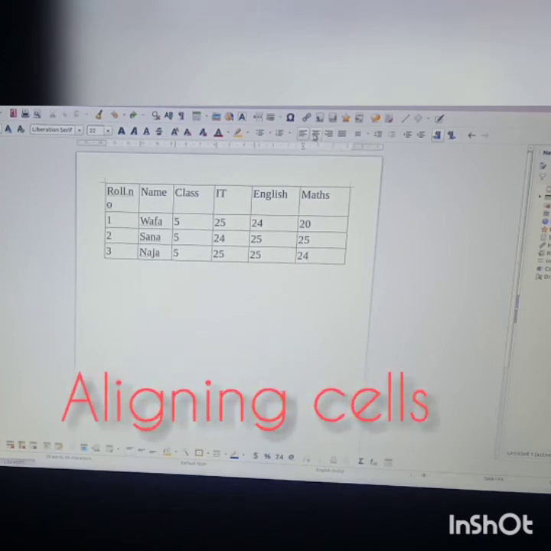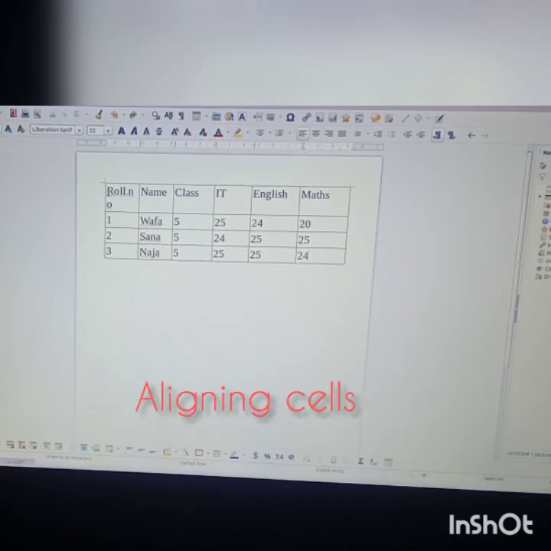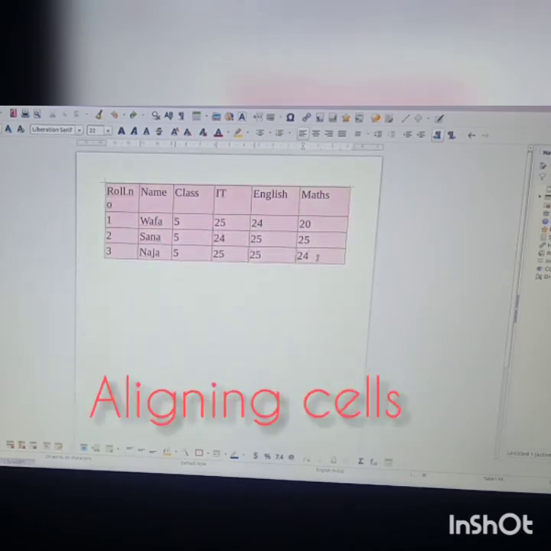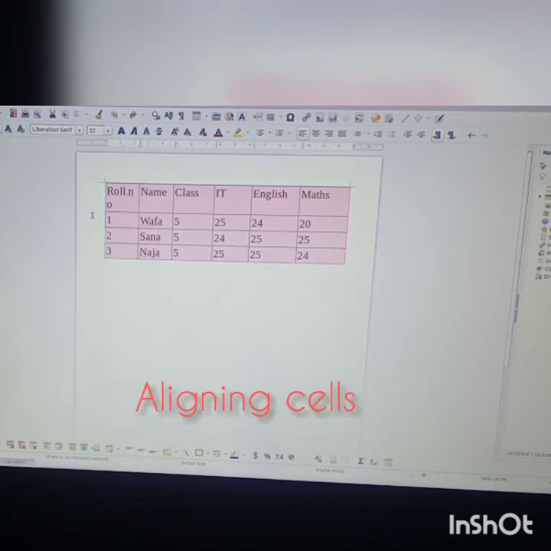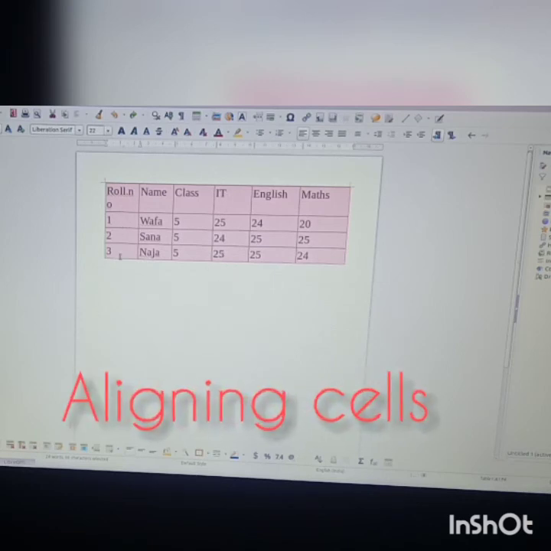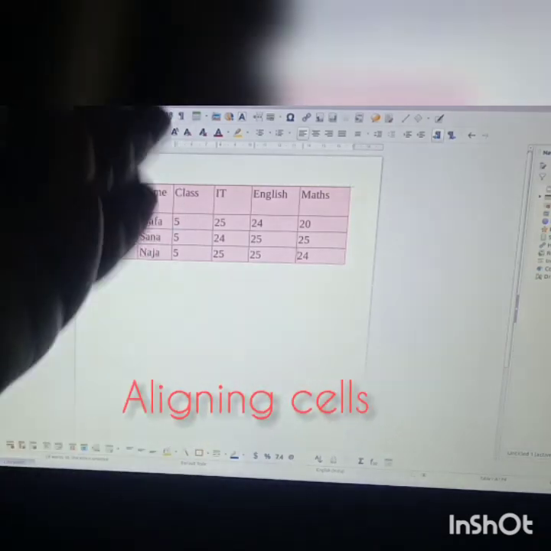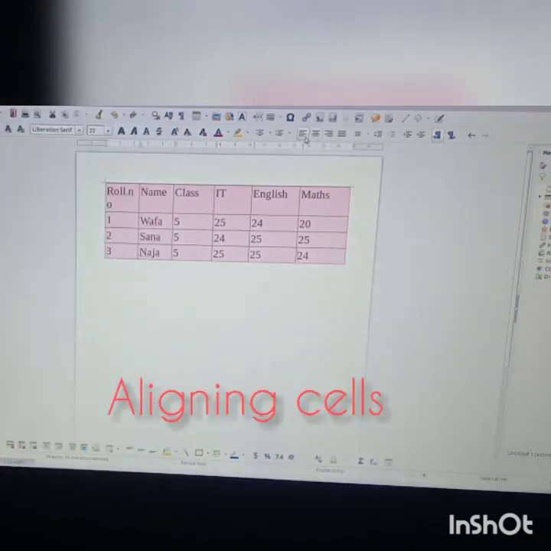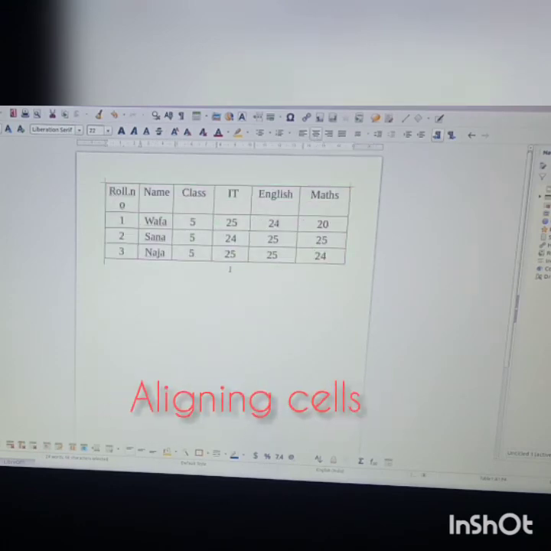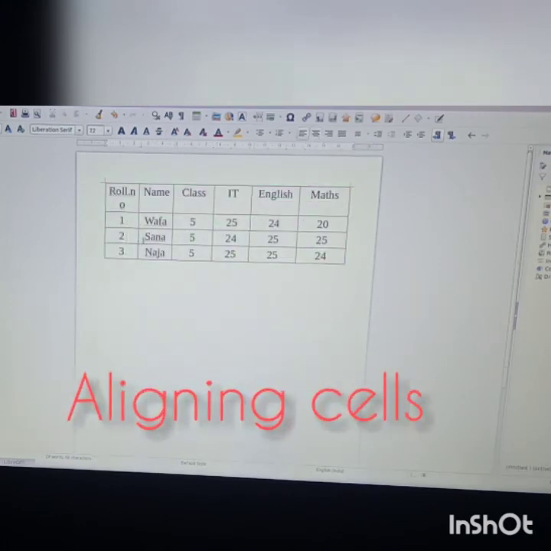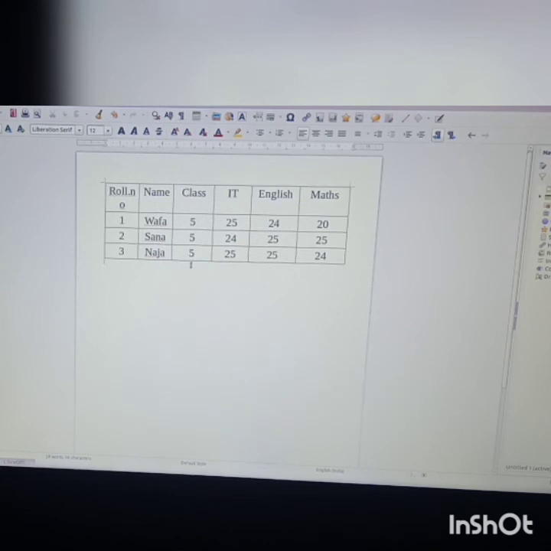Just click align center after selecting all this, and we will see the change. Just look at this, okay children, all this is on the left side. This 25, 5, 1, 2, 3 and all are on the left side and we want to make it in the center. So see here, align center. When you click align center, see all these 1, 2, 3 came in the center. Every number also came in the center and all the marks, everything came in the center.